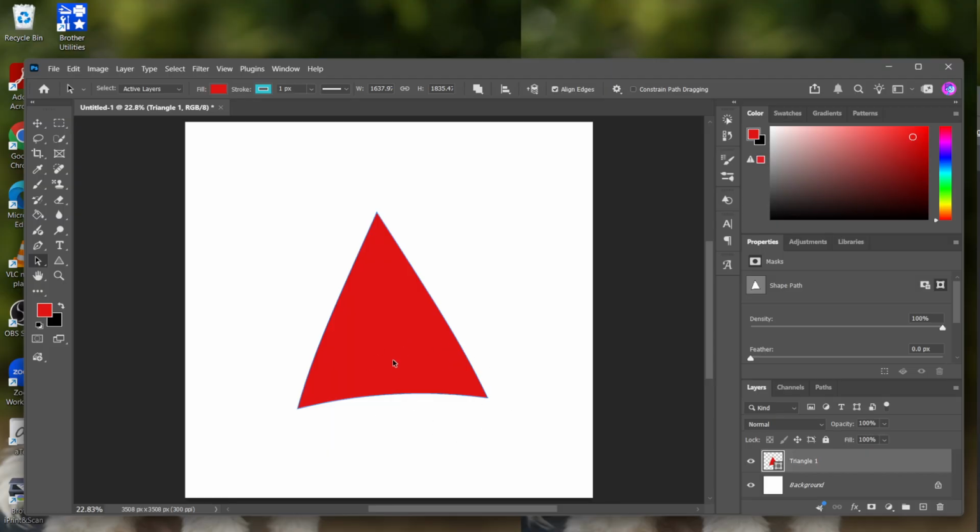That's it. Mastering the free transform tool will help you work faster and give you greater control over your Photoshop